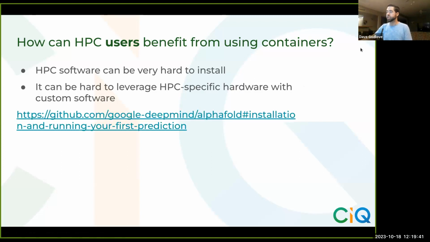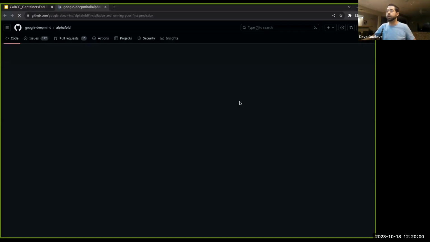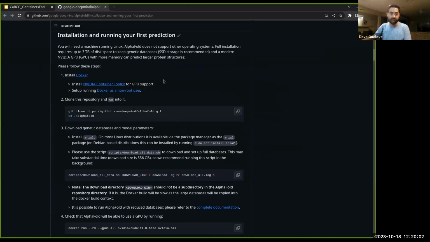Just to further illustrate this point, there's a really, really influential software which has come out that Google created a few years ago called AlphaFold, and that's used widely within HPC. If I go ahead and I click on this link and I go to the GitHub for AlphaFold on the installation page,